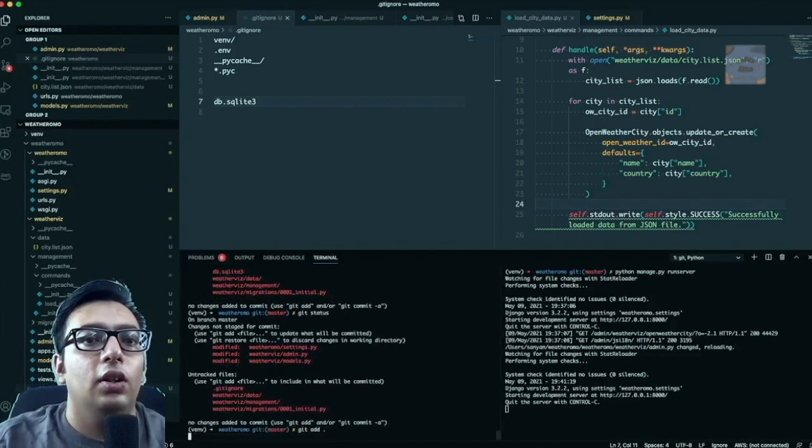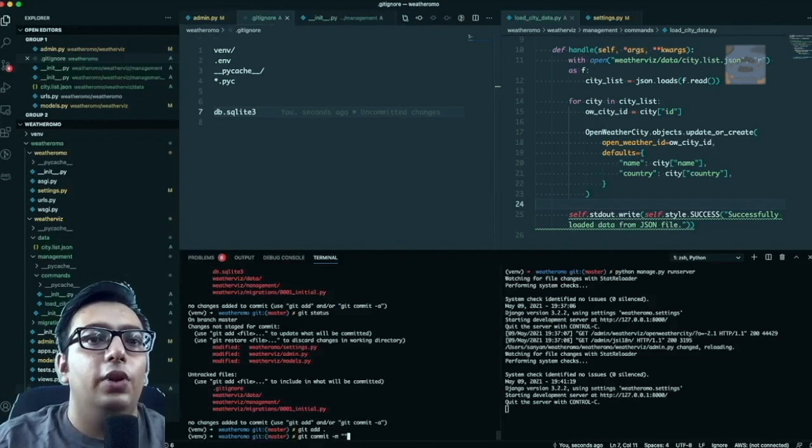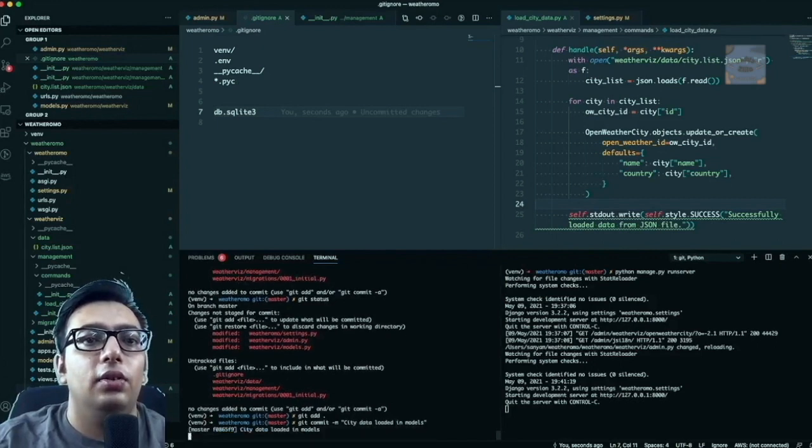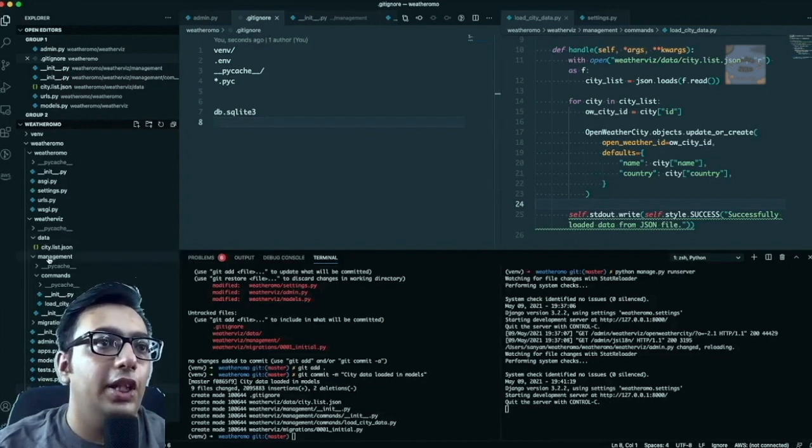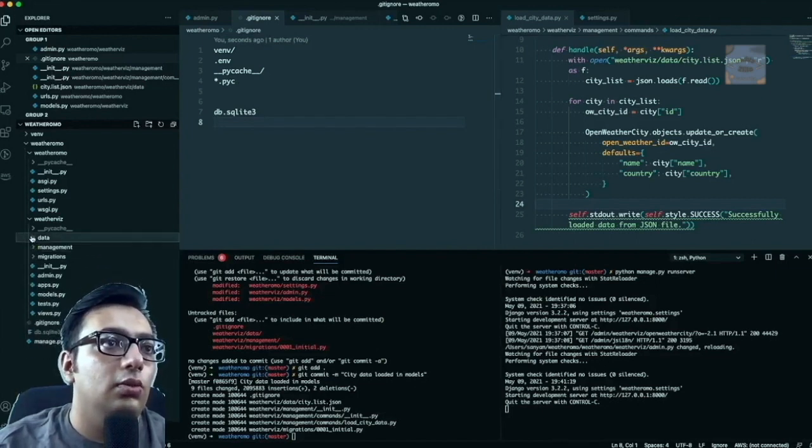Okay, so we'll do a git add, and then we'll do a git commit, and then we'll say that, okay, city data loaded in models, right? Cool, all good for now. So the next thing that we'll do is we'll make an HTML page, right? So